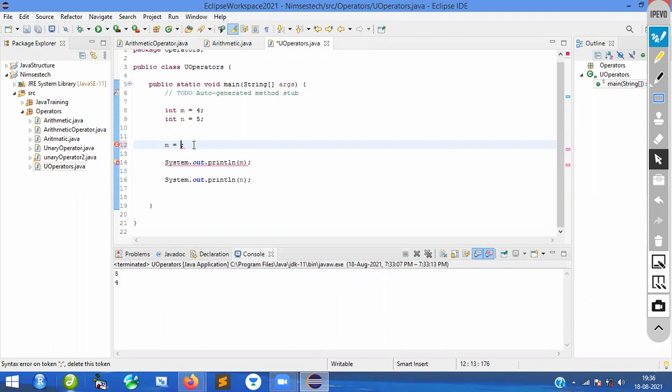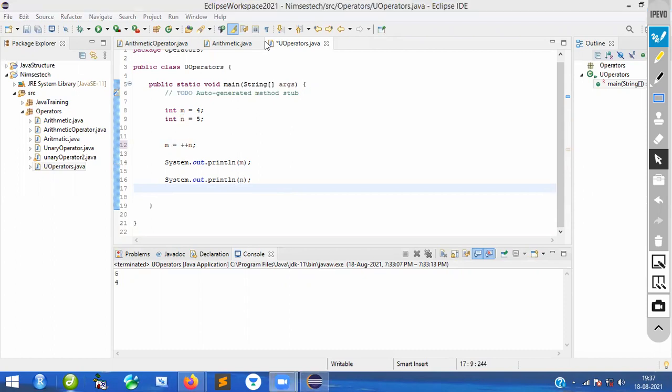Now what I will do, I will go to pre-increment first. I will go to pre-increment n. Okay. Now you tell me the answer. Okay, I am doing post-increment here. Sorry, here I am doing pre-increment. So what is the m value? Again, what is the n value? You tell me. Okay, I think this is a very good hands-on section. You tell me the answer. Later we will discuss. Tell me the answer. Answer, guys. Answer.